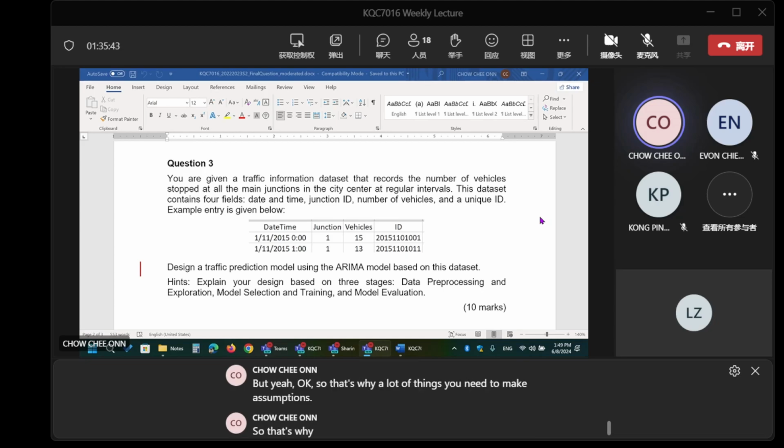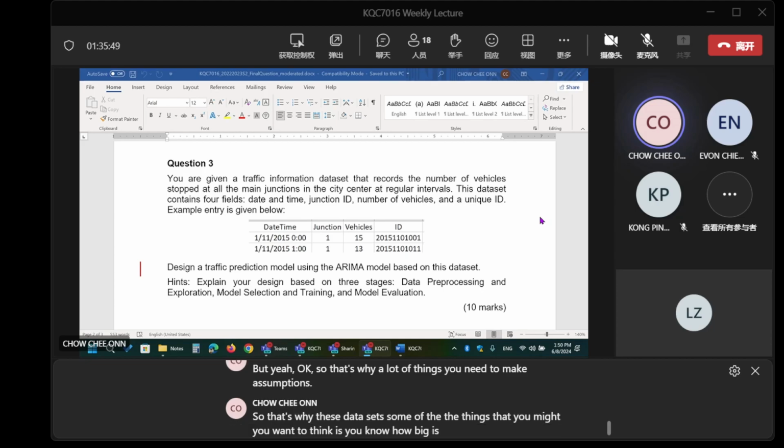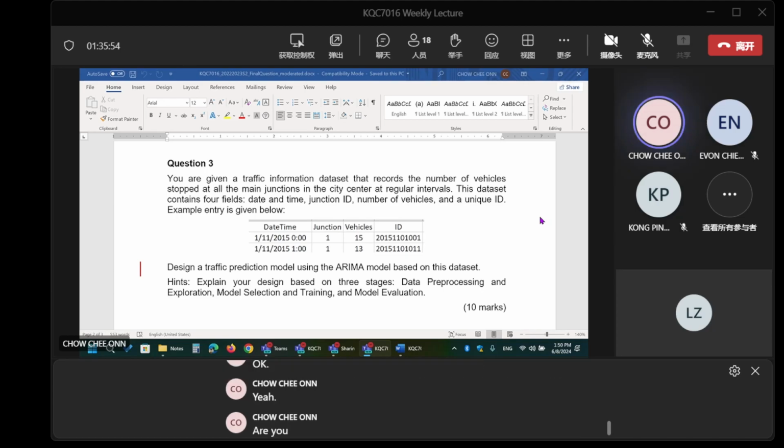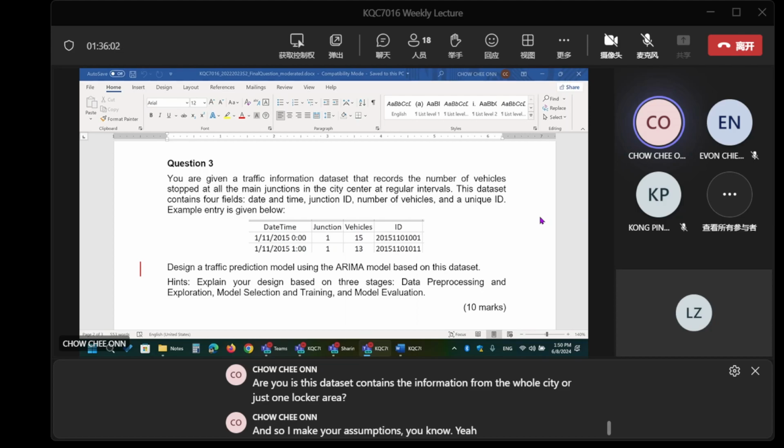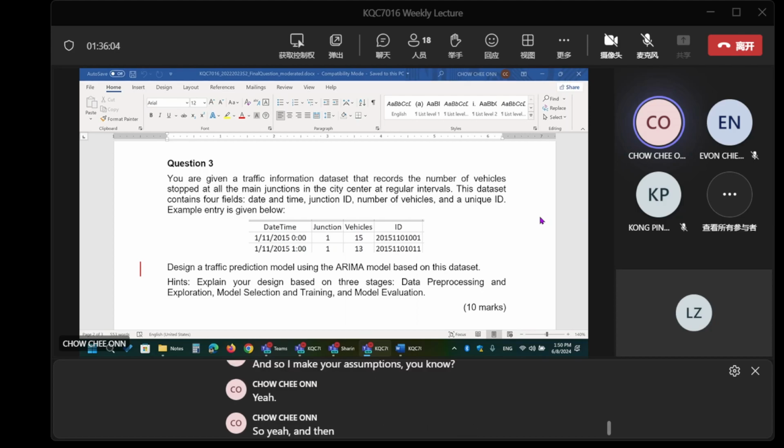So that's why, with this data set, some of the things you want to think about is, how big is your city? Does this data set contain the information for the whole city or just one local area and so on? Make your assumptions. And then the number of vehicles at the particular junctions.